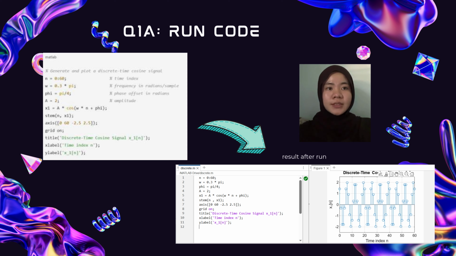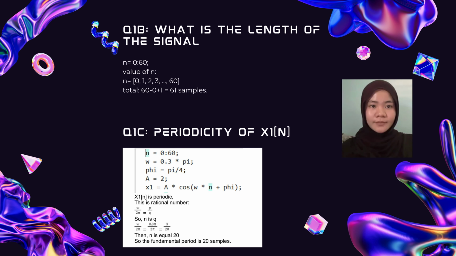So question 1 is to type in this code and run it. This is the result after I run. Question B is to identify the length of the signal. Since n equals 0 to 60, that gives us 61